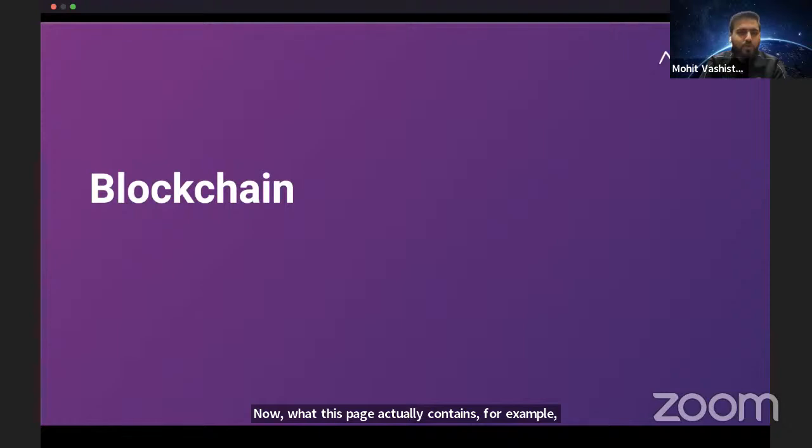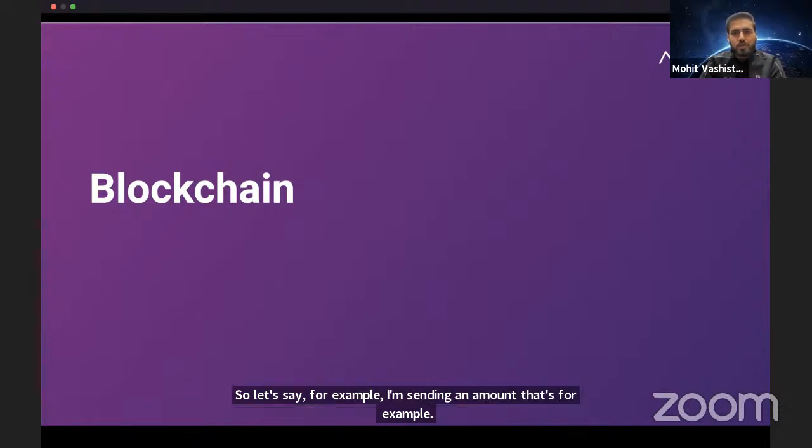Let's say I want to send any of you some money. So I will have a bank account and you will have a bank account, and I'll have to transfer some amount. So I will record some basic information about that transaction. A transaction is something where someone sends something to someone, right? So let's say, for example, I'm sending an amount, 100 US dollars or 100 rupees, to, let's say, person A, and the amount is 100.